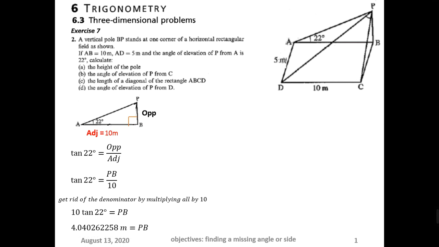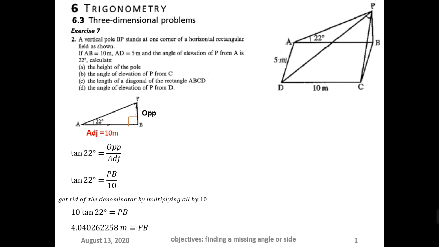Now, if you want to round it to three significant figures, you start from the left. The first 4 is the first significant figure, 0 is the second, 4 is the third. Look at the right of the 4. So 0 is less than 5, so the 4 is not going to go up. So the final answer as three significant figures is